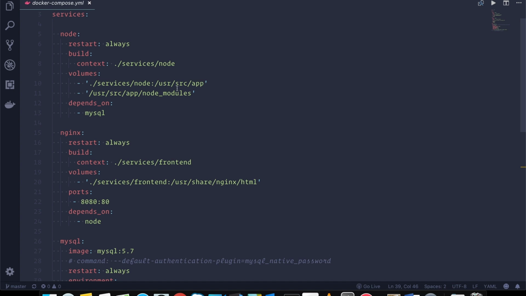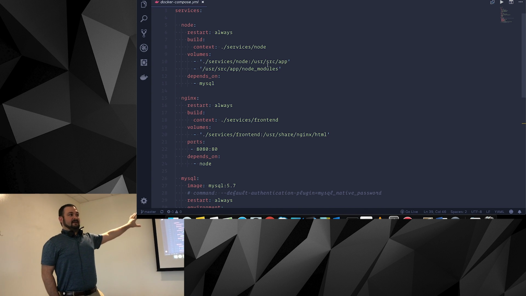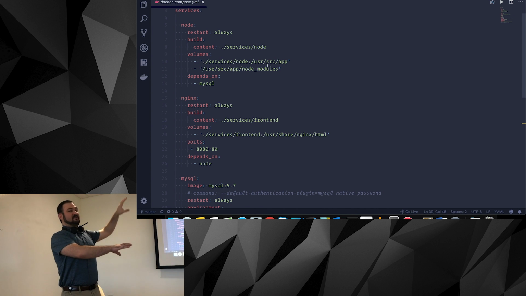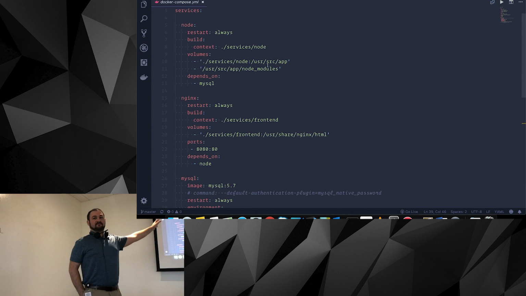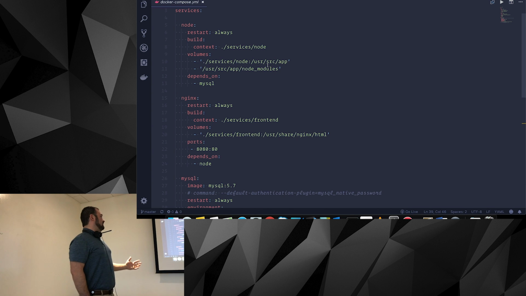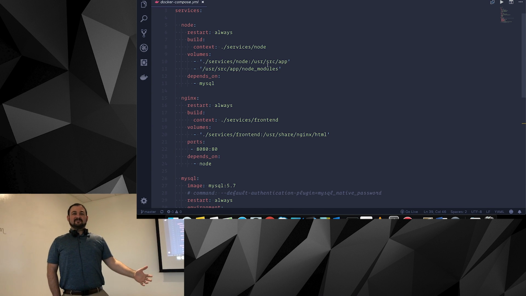Node has a little weirdness going on where you have to first mount your code into it. And then the second line, once you build Node and install your dependencies, it's going to take the Node modules folder that it has in the container, take it out, mount your code, and then put that Node modules folder back in. So if you omit that second line, you won't have your dependencies. So kind of strange, but there's a lot of little quirks with these sorts of things. Good news is the guy that figures this out is going to figure it out for the whole team because they'll just use the Docker Compose file.